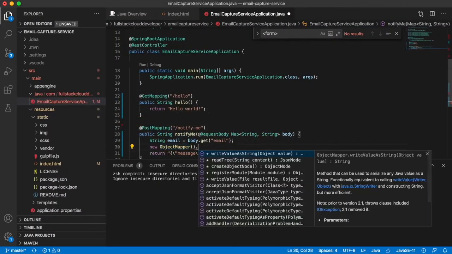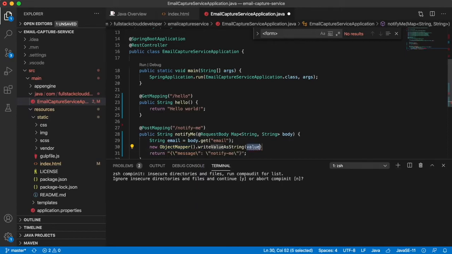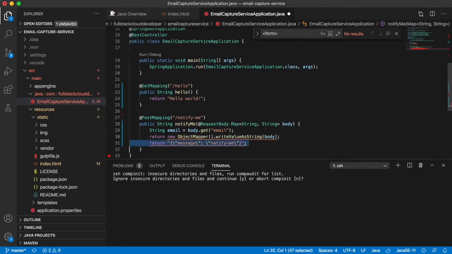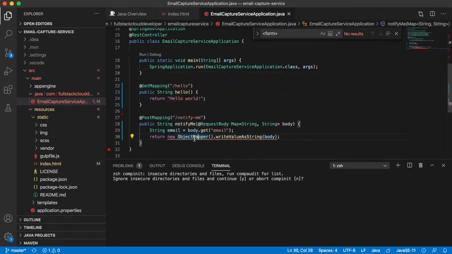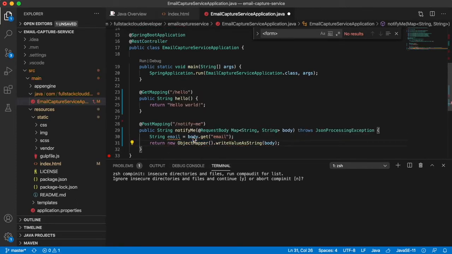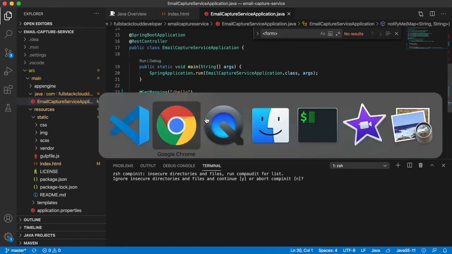So we're going to put our map in here. Let's replace that with body. Then we'll set the variable to just return. We don't need the variable anymore, so we can remove that. And we actually don't need the email anymore either. Oh, we're not handling an exception. There could be something thrown there, so let's let the IDE help us. It's throwing a parse exception. And we don't need this line anymore either. So now we're just going to do a simple return of what we got as a string,